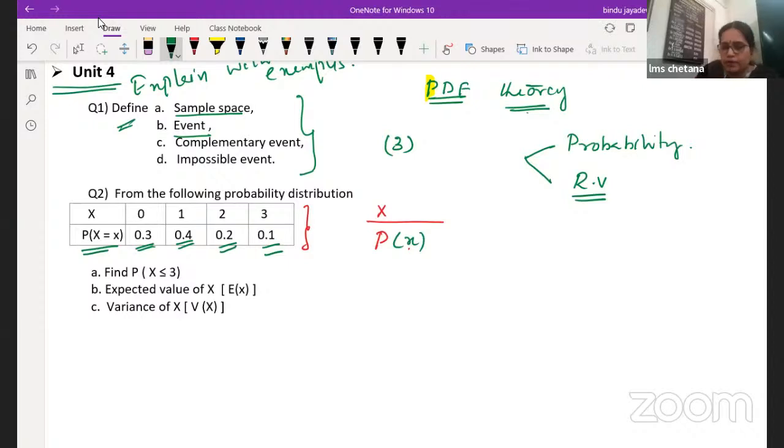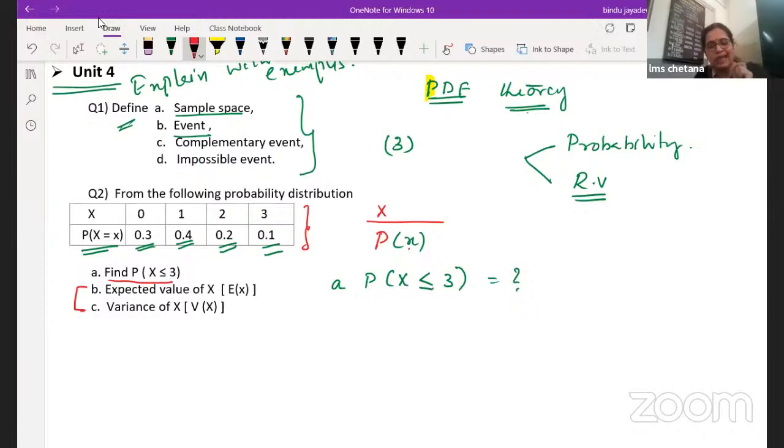Just read the question properly. You have 3 questions: 1, 2, 3. Find the probability of X less than or equal to 3. Therefore, I'll discuss this question with you first. For doing the other 2 questions, you need a table that I'll teach you after that. But for the first question, now see,